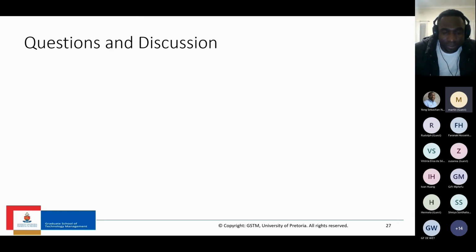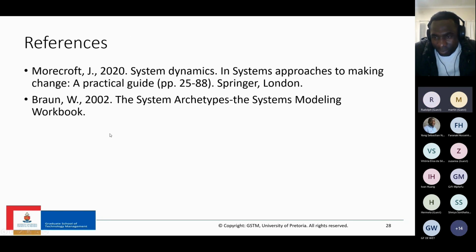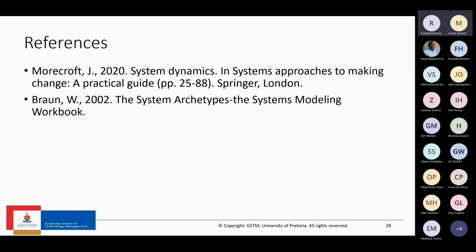Are there libraries of examples of archetypes or of full models? And where can they be found? Okay, so the two main sources that I used for this presentation: the main one that provides many of these archetypes is Braun. It gives you a list of all the different archetypes. And there's also Wolstenholme, in 2003, 2004. I don't have that link on here yet, but these are very nice articles about the different archetypes.